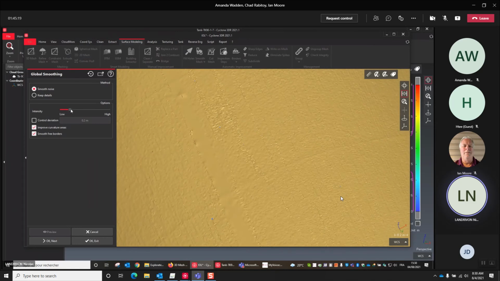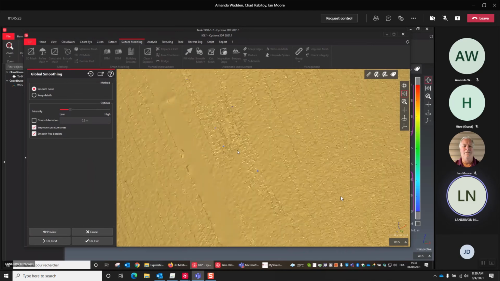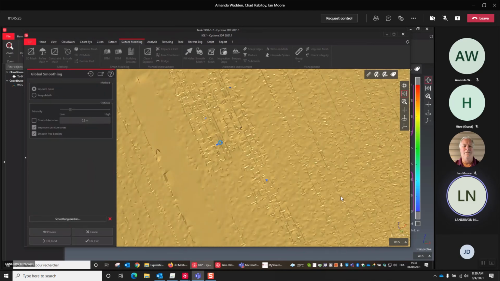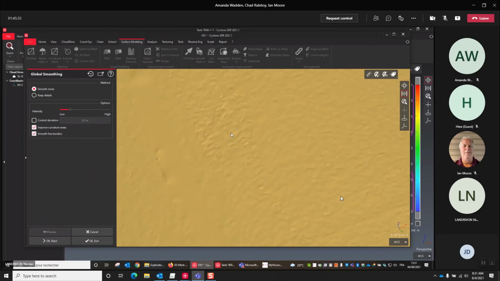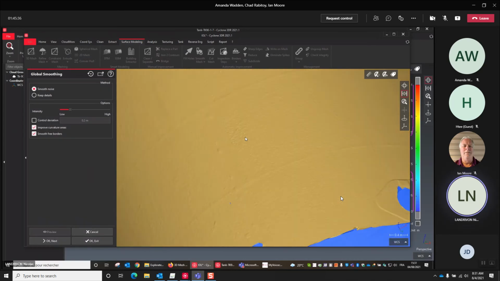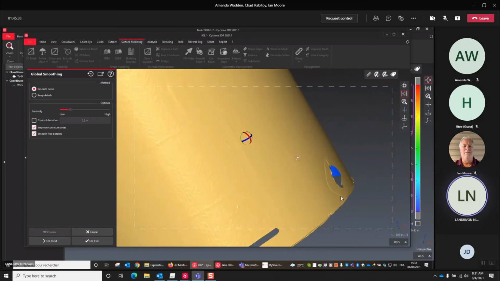If I increase the smoothing, so this is before without smoothing and after. This is very interesting because it removes noise, especially with the improvement in the curvature areas, it really improved the quality of the triangles.